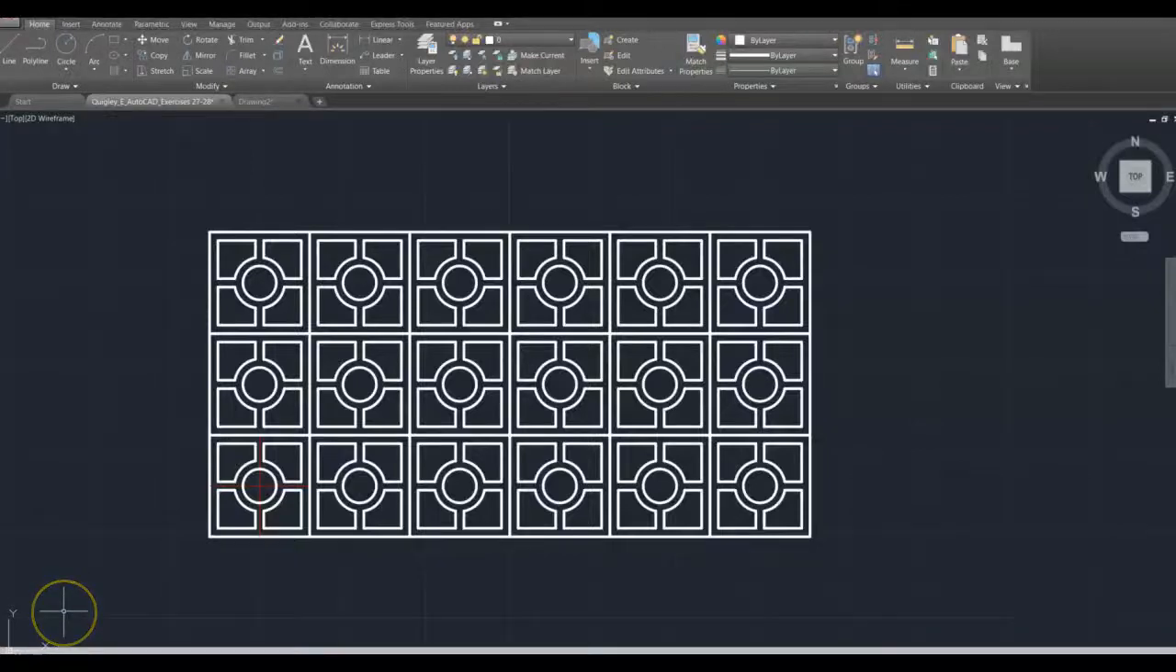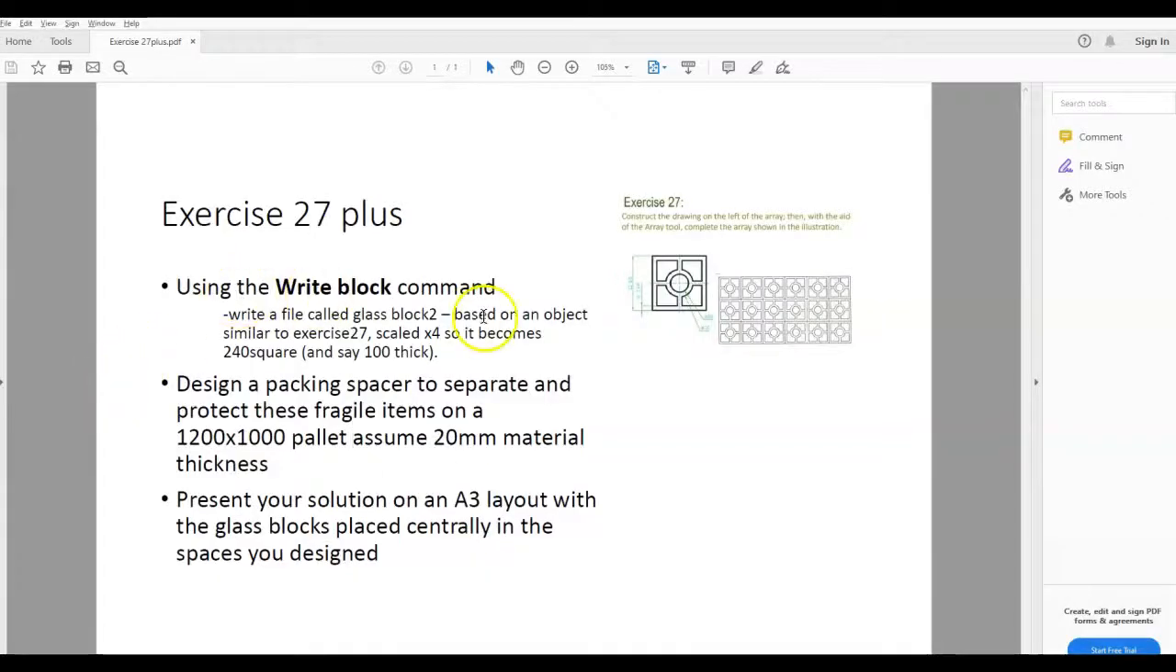So this is a demonstration of using the write block command and using the array tool. On Wednesday 9th December we had a demonstration of taking exercise 27 and doing what we called exercise 27plus with it. That exercise was using the write block command,